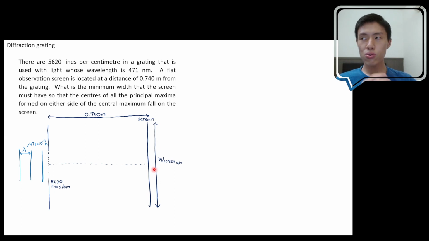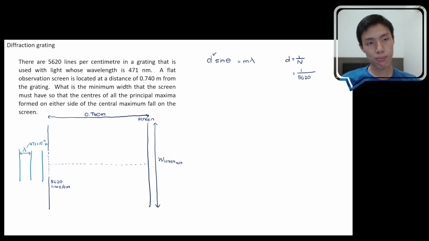Okay, so to know how many maxima we have, we need to determine what is the maximum order that can be fitted in for this diffraction grating. We know that for a diffraction grating, d sine theta is equal to m lambda. This is the diffraction grating equation. So we want to determine our d first. So d can be obtained using an inverse of n. Okay, we know that our n is